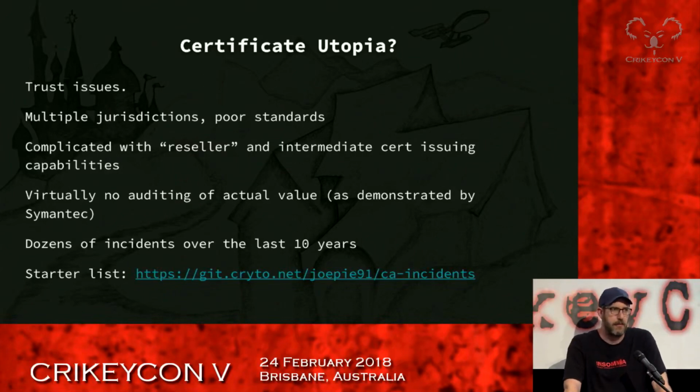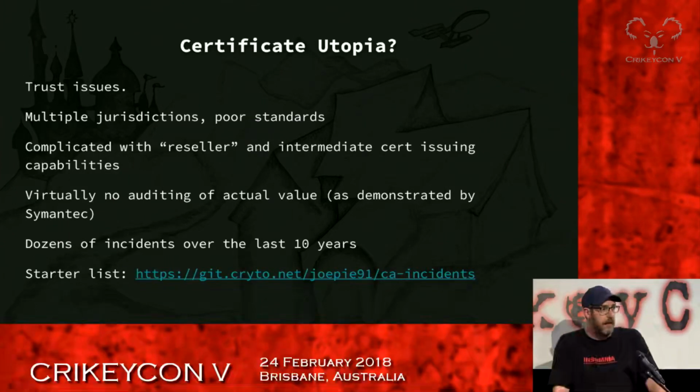And this is because of a number of reasons, like they're across multiple jurisdictions, right? What goes for trust and understanding in China does not necessarily relate to what goes in trust and understanding in the United States, and neither of those go with what goes on in Europe a lot of the time, right? So the standards that we hold them to vary greatly, and some of them have really poor standards. Some of them are, it is the government-run certificate authority, you will trust it.